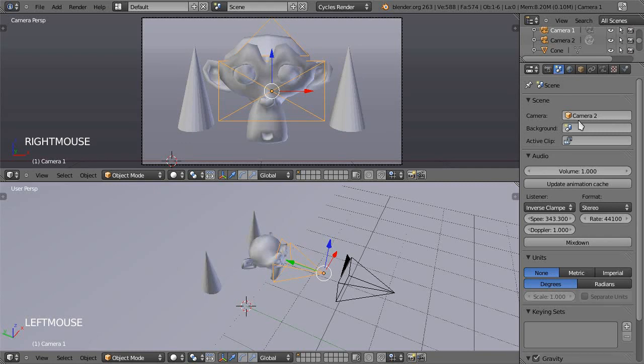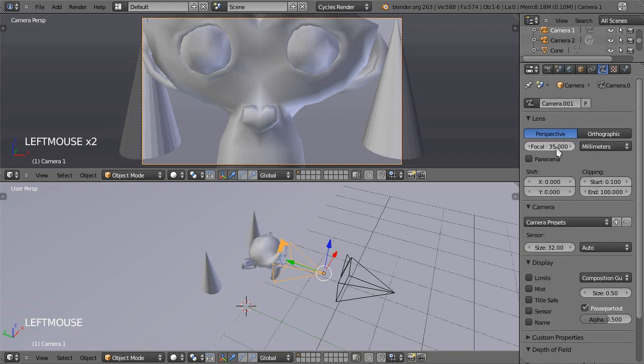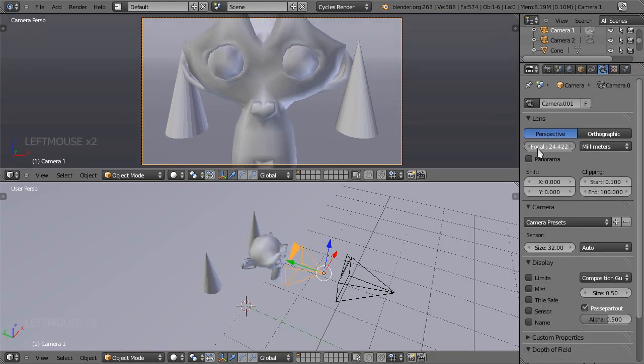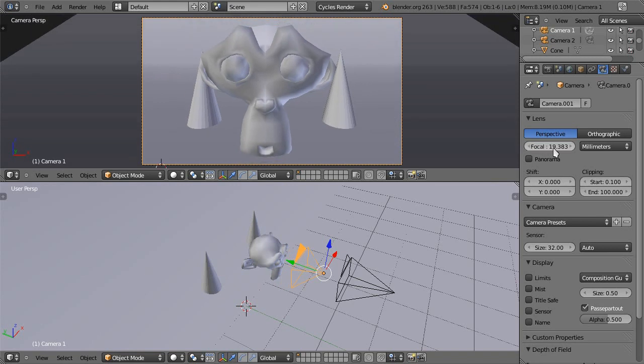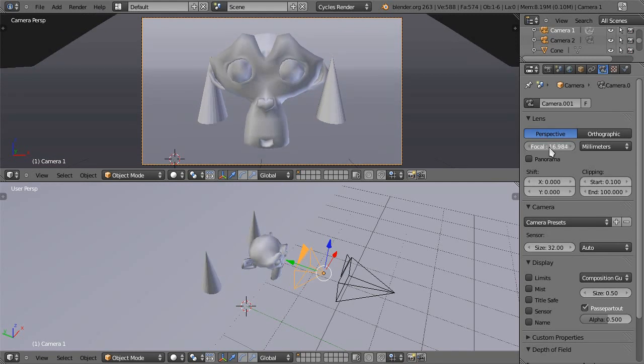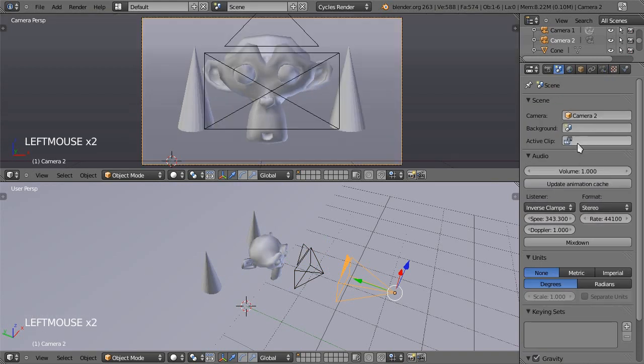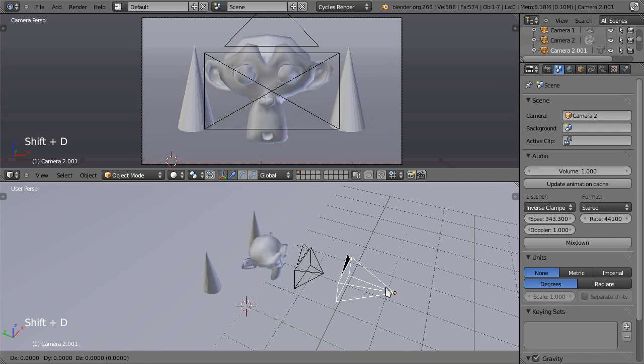So let's change our scene camera to camera 1. And as you can see, if you want to make the framing be the same as before, you're going to have to decrease the focal length, turning the camera into a wider angle lens. Now you can already see that the framing is pretty much the same. There we go. Let's just duplicate it once more, this time backwards,